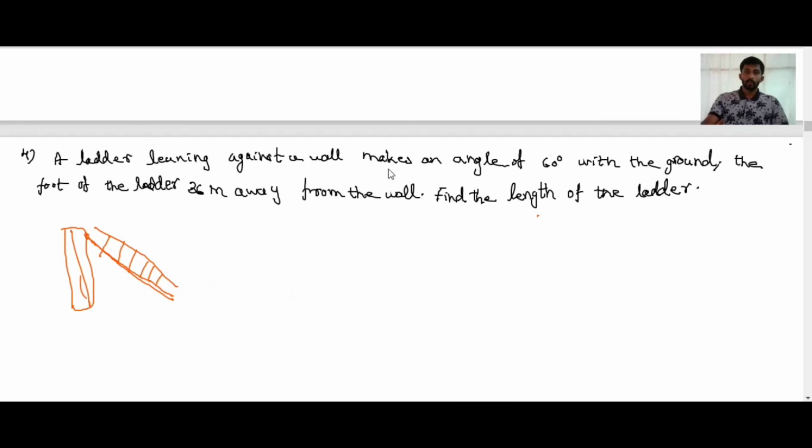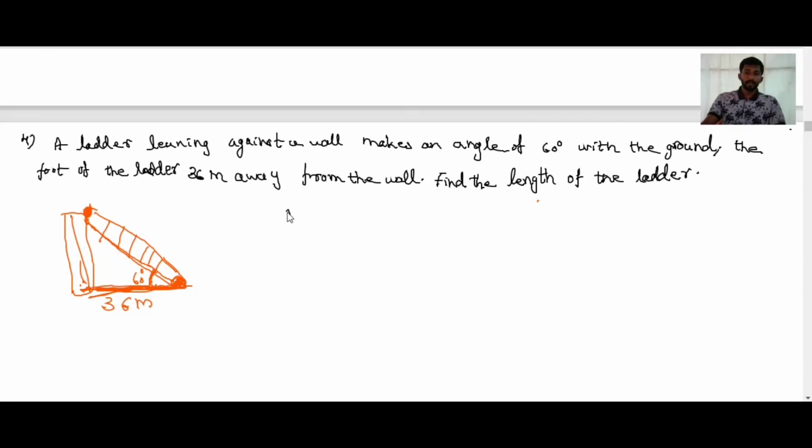Okay. Then see, which makes an angle of 60 degree with the ground. Okay, with respect to the ground, here it will make 60 degree. This ladder makes 60 degree with respect to the ground, because the foot of the wall must be on the ground, right? Otherwise it's impossible, right? So angle is equal to 60 degree. The foot of the ladder is 36 meter away from the wall. Here wall is there. Here foot of the ladder is there. Foot of the ladder is 36 meter away from the wall is given. Okay. Find the length of the ladder.